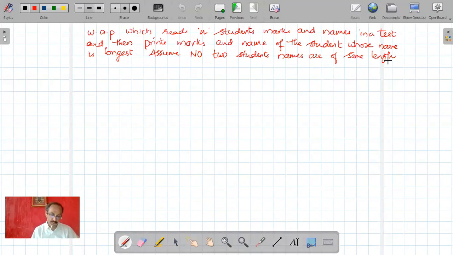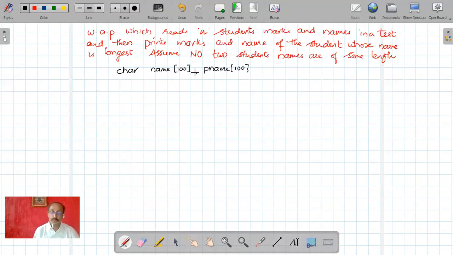We will write the code for this. Because I need to read the name, I'll have name of 100 to read the names of the students. And for printing the name, I'll use one more array, pname of 100.